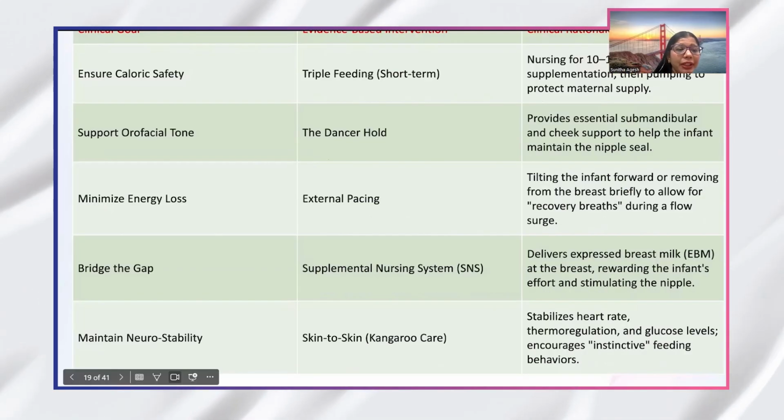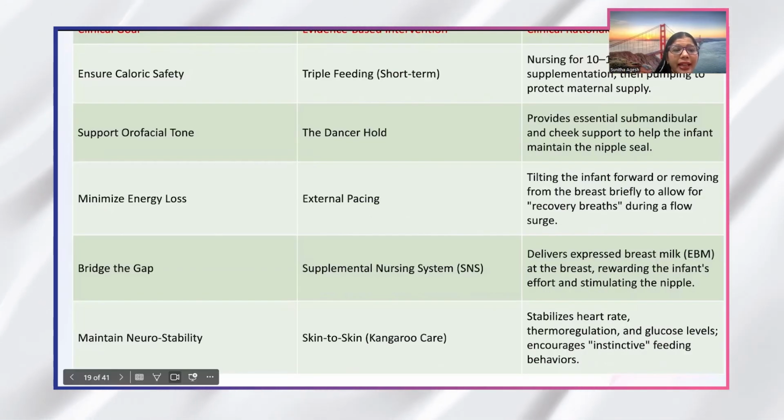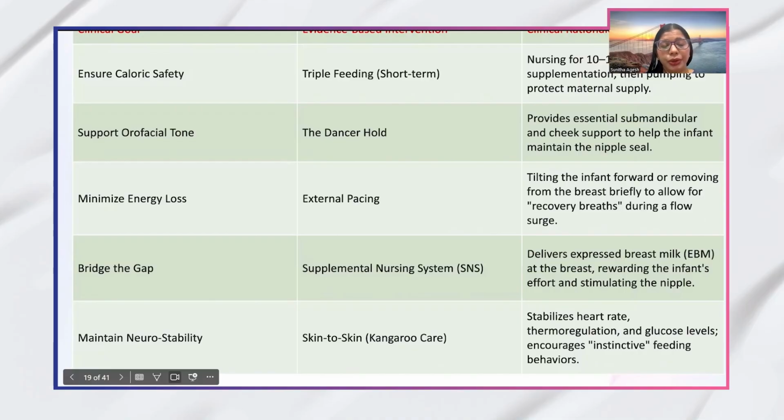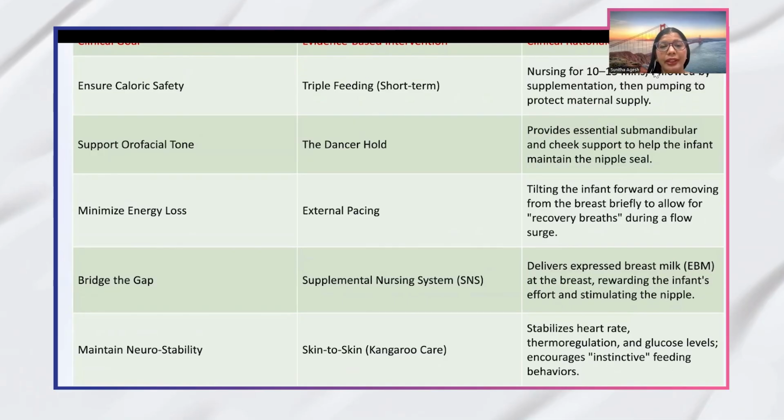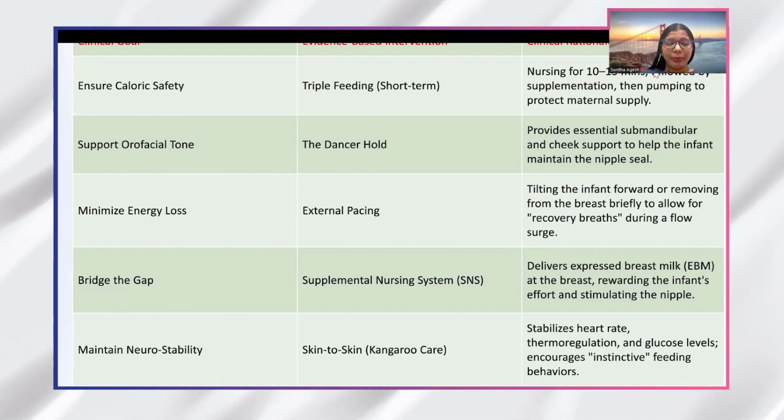What management can we do here? We can encourage the mother to breastfeed first. Before breastfeeding, we tell her to express EBM so that she can top up with EBM by cup feeding. Then she needs to maintain her supply by pumping. I tell her to pump after every session, because the emptying of the breast will be less compared to a term baby.